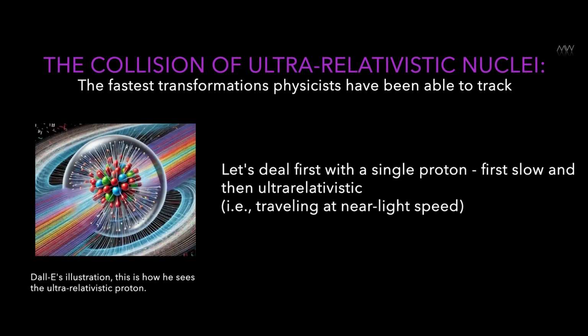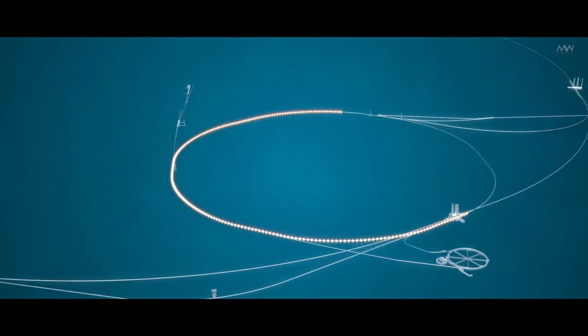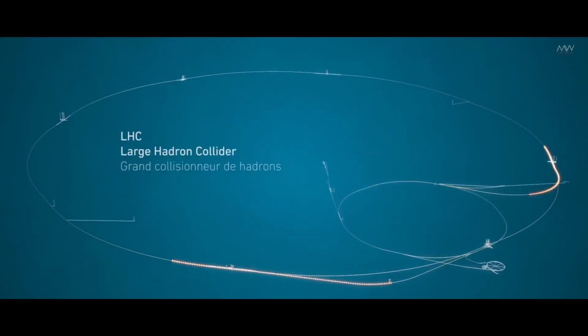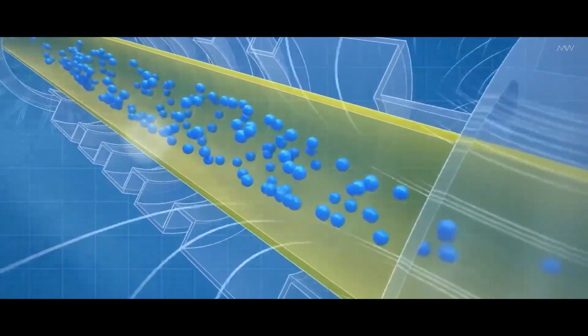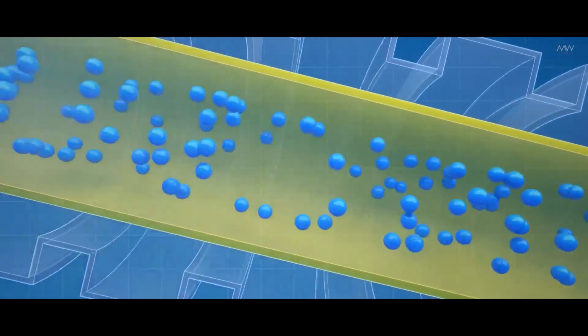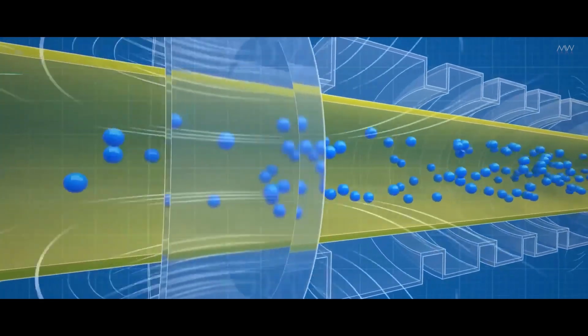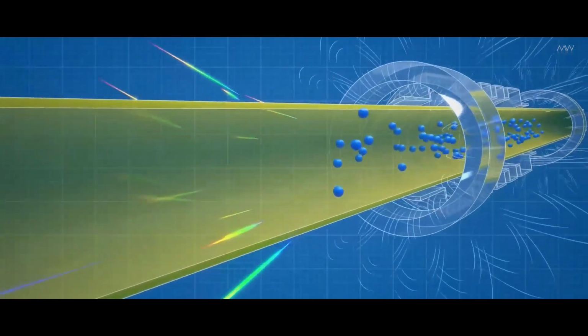It's a complicated process. And I will finish perhaps with the fastest process which physicists have been able to measure and study experimentally. This is a cascade of processes which occurs when two nuclei collide at very high energy. The energy is so high that these nuclei move at a speed very close to the speed of light. Because they move so close to the speed of light, they also flatten due to relativistic effects, and as they flatten, they collide with each other like two pancakes. And then something very interesting happens.